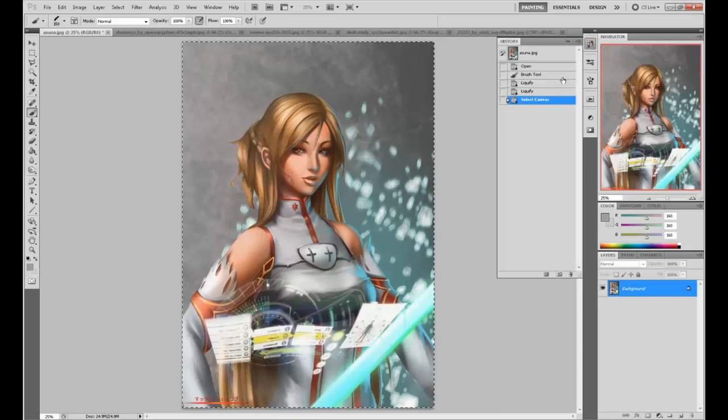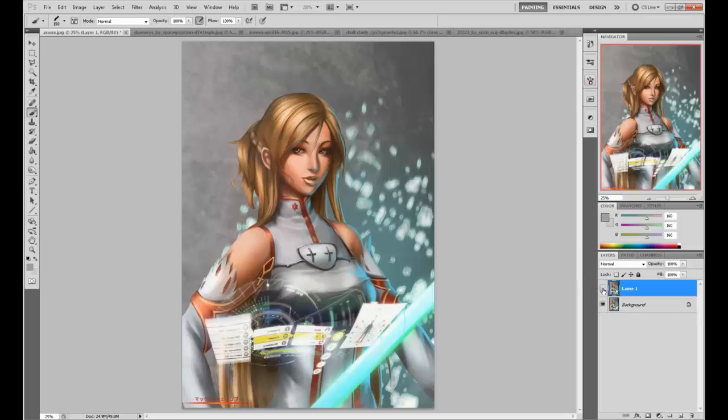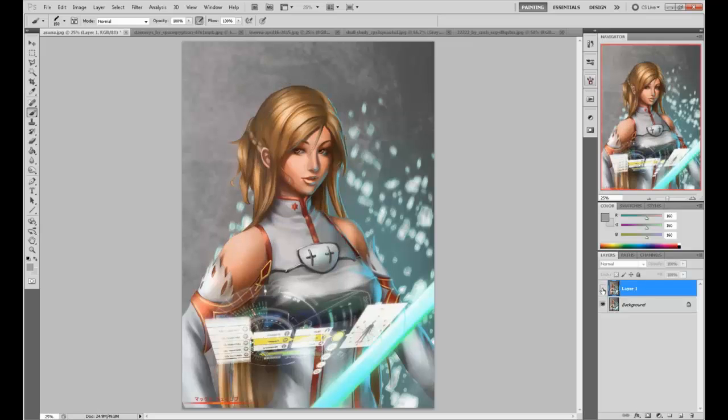So I'm going to show you the before and after. Before, the head was very, very round and very large. The face was very small in comparison to the head. The shoulders were unaligned, meaning they weren't proportional to each other. And then there is the breasts. They weren't proportional, meaning they weren't symmetrical if you were to draw a symmetry line. And the one eye was too small. And I fixed all of that and sort of pushed it back into place. Still the same character, it's just she's a little bit less